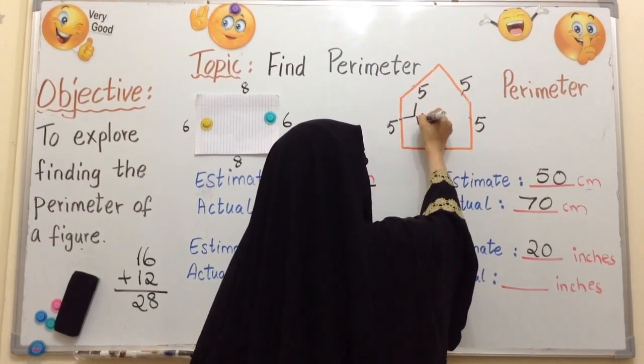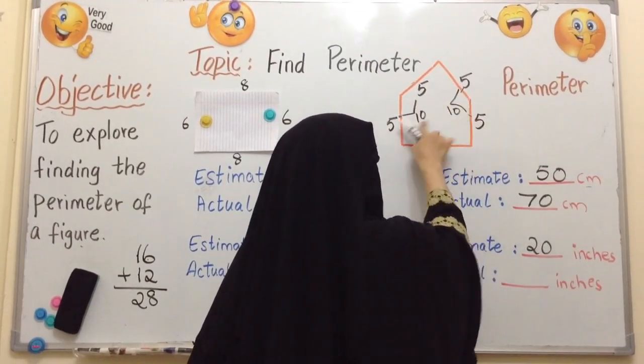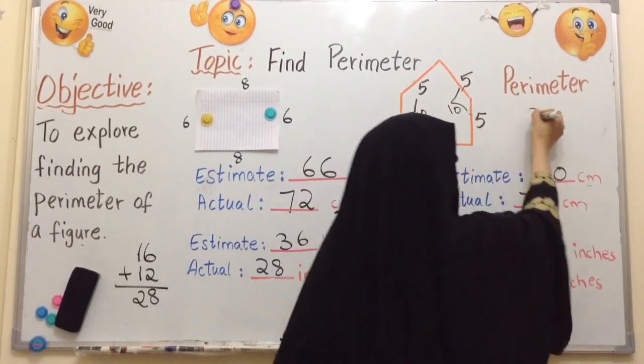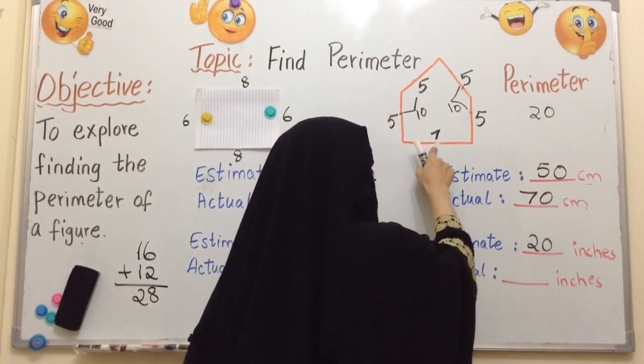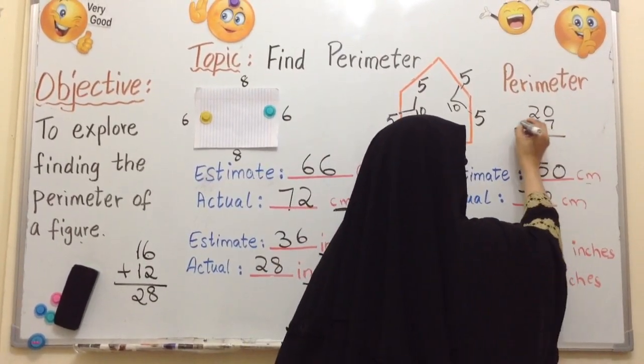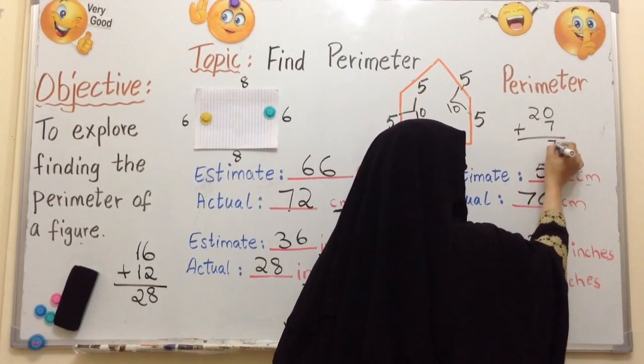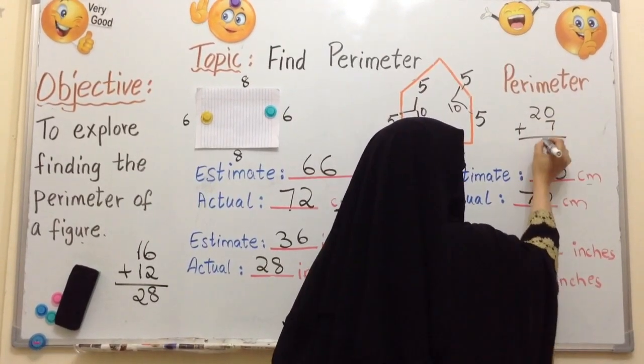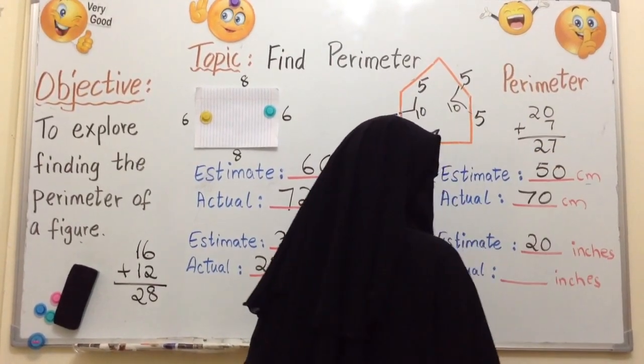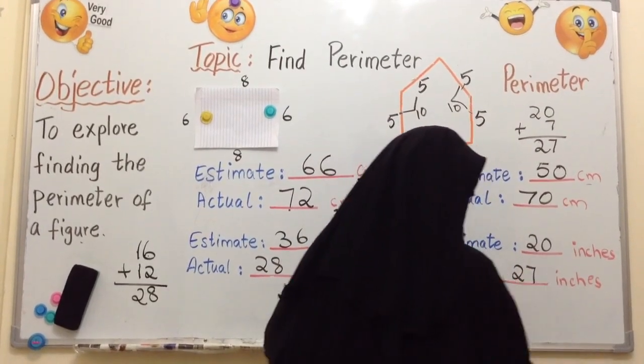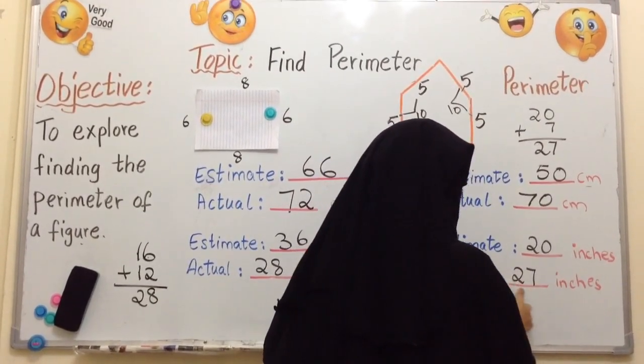This one is 10. This one is 10. 10 plus 10 is 20 and plus 7. 0 plus 7, 7 and 2. I don't have a number, that means I am going to write the same 2. So the actual one is 27